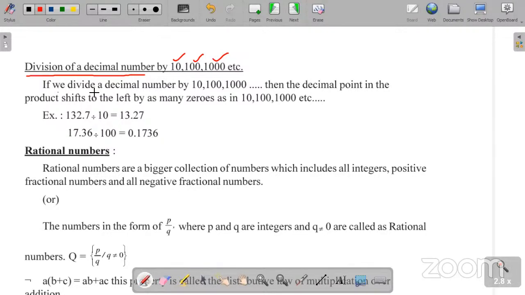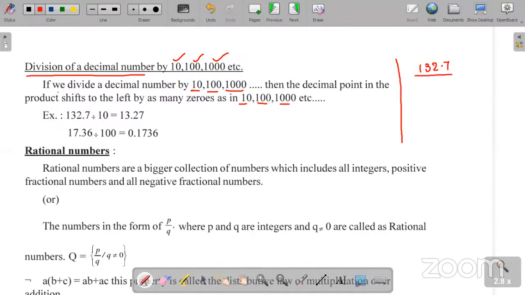See, if we divide a decimal number by 10 or 100, 1000, 10,000, and so on, then the decimal point in the quotient shifts to the left by as many places as there are zeros in 10, 100, 1000. So let me discuss one concept. For example,